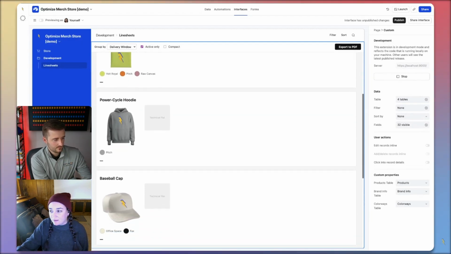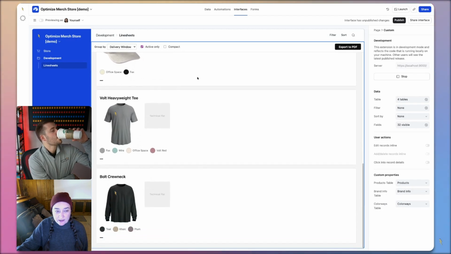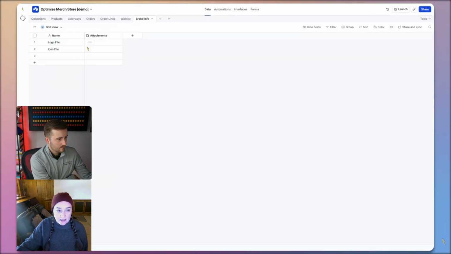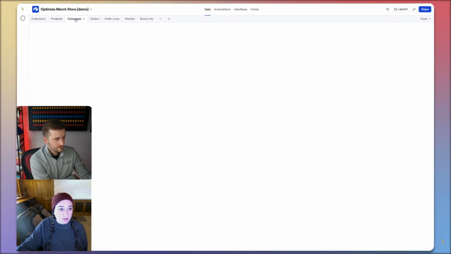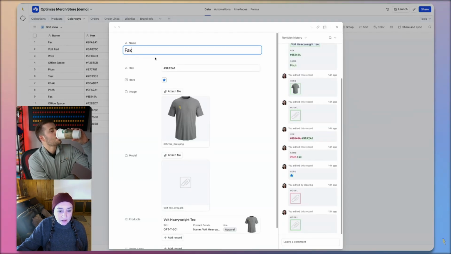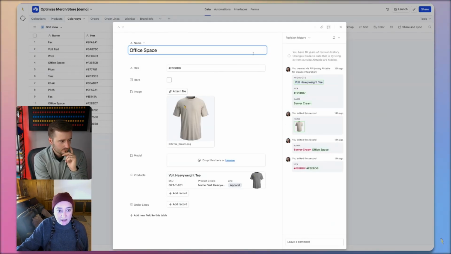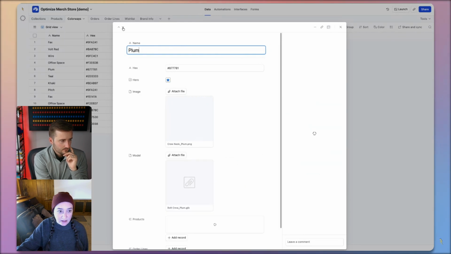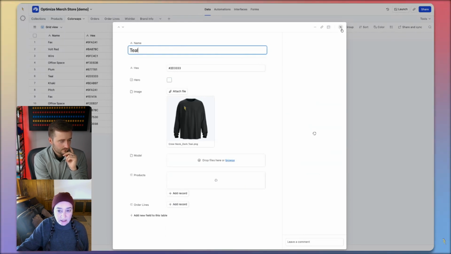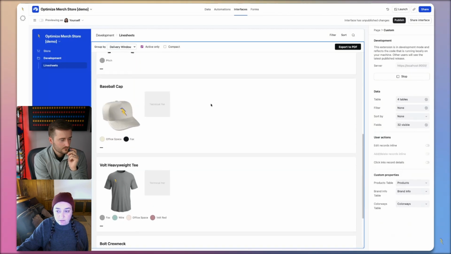So we have the beginnings of our line sheet right here. Now we can see the photo exactly as it's pulled. If I go into my colorways table, you can see I've got all of these products loaded here. And then I've got some of the 3D files. Obviously those aren't going to go in the line sheet, but it's pulling all of this data exactly as I have it filled out in my base into this now totally custom